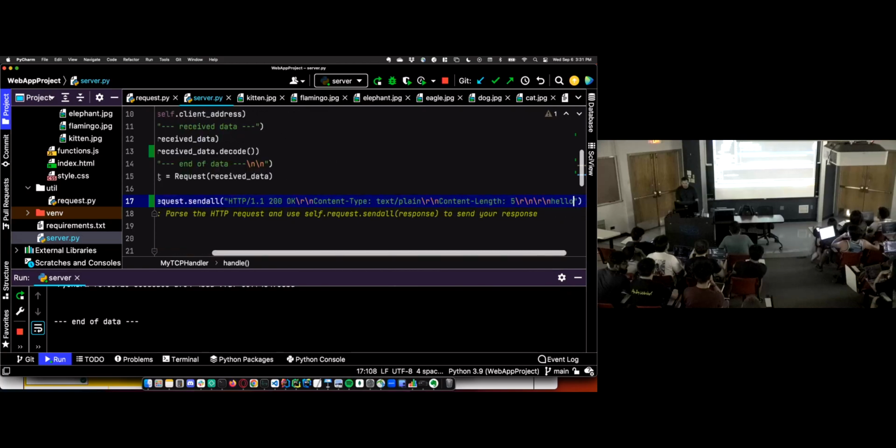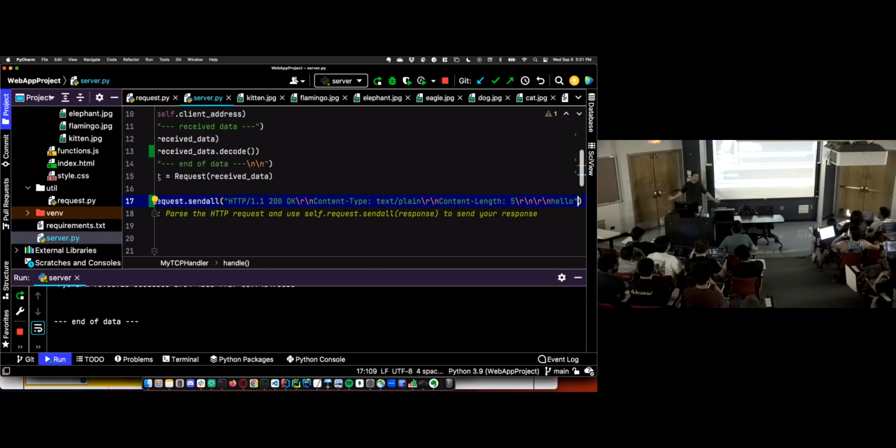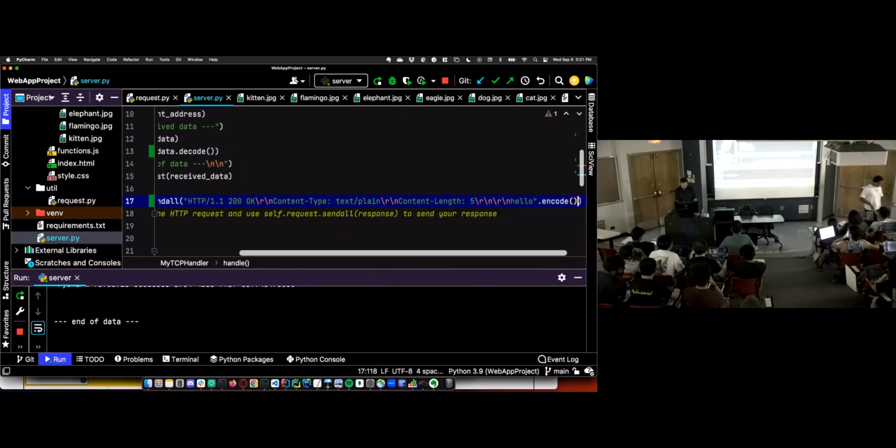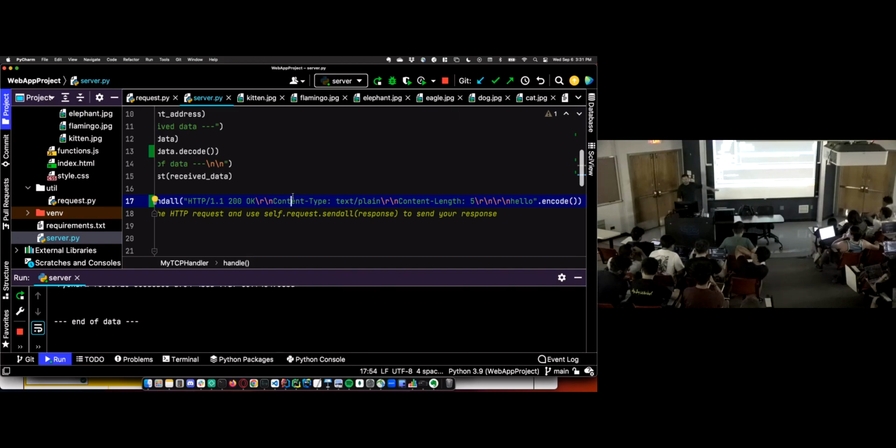And I'm going to paste what I grabbed from the slides a long time ago. So this is the response that I want to send. If I try to send this, it's going to break. It's not going to let me do this. Over the internet, you can only send ones and zeros. It's only bytes, and I'm trying to give it a Python string. That's not going to work out for me. It's not going to happen. So what I have to do is encode this into a byte array and then send the bytes over the